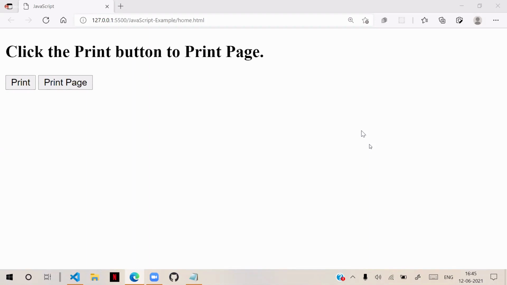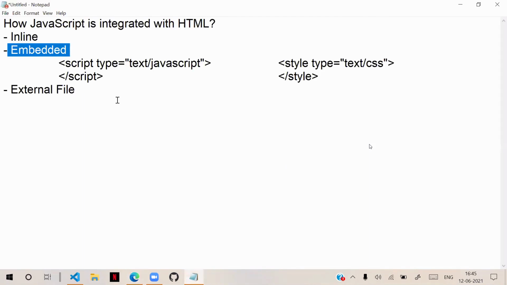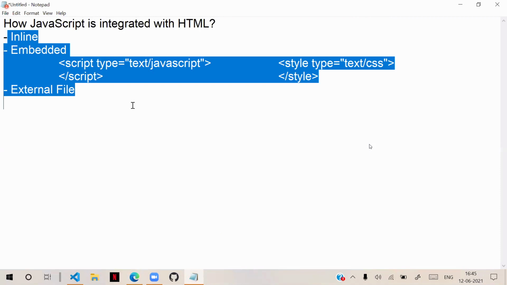So it depends on the requirement and the situation. I already told you that nobody can ask you which one out of 3 is best, because in different situations we use all the 3 techniques. In one page itself we can use all the 3 techniques. That means in one page you can write inline for one element, you can write embedded, and you can write from an external file.